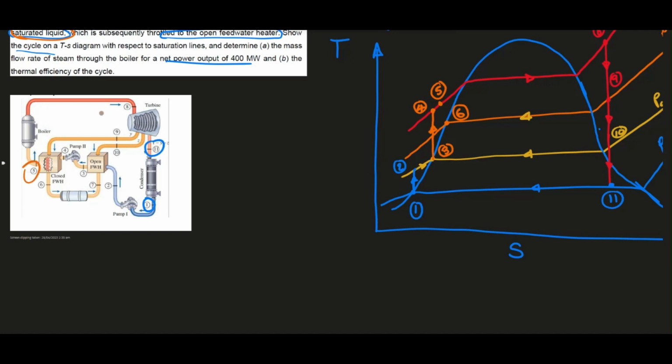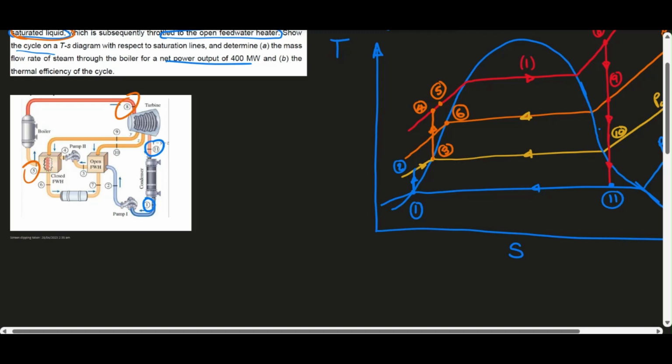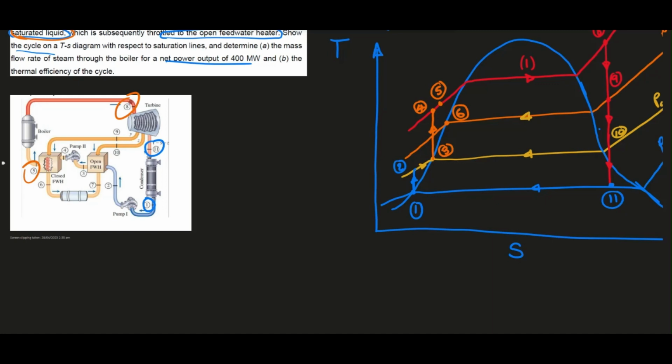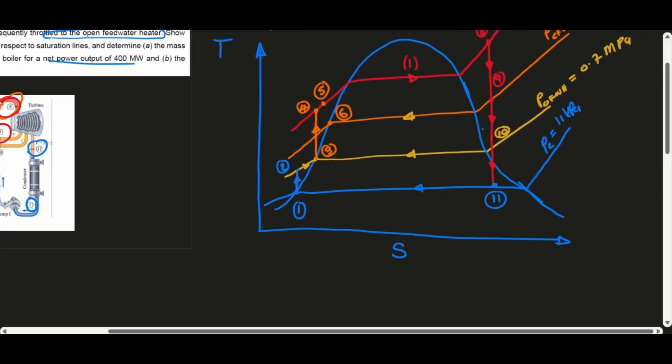From 5 to 8, we know that that's the total quantity of steam, so we'll denote that by 1, meaning 100% full steam, complete steam. So that is 1, and between 8 and 9, we are still talking about 1,